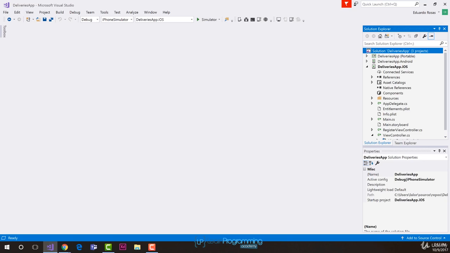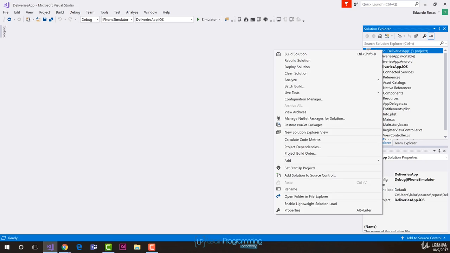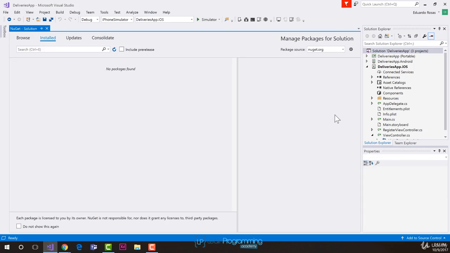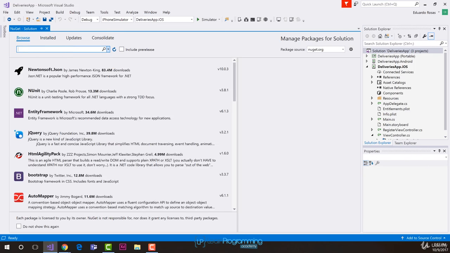You may remember from the Xamarin Forms section that we need to add a new NuGet package to all of these projects so we can get access to the Azure App Services. So I'm going to right-click on the solution and I'm going to select Manage NuGet Packages for the entire solution so we can add the necessary packages. In this window, I'm going to navigate to the Browse tab and we have to search for